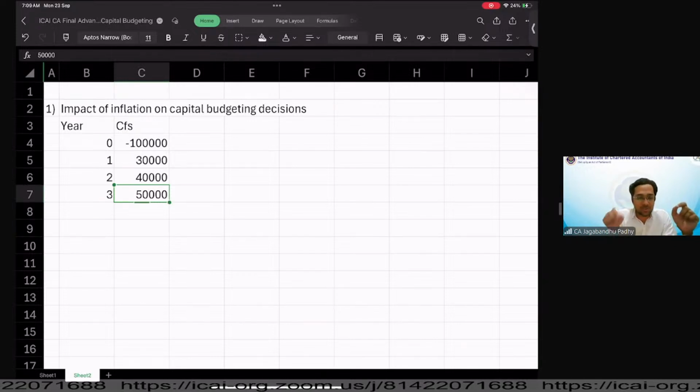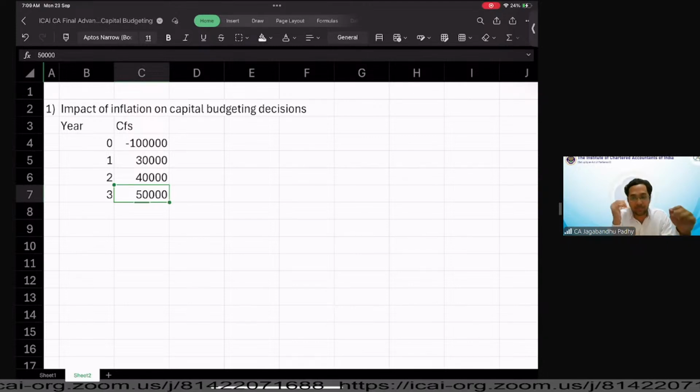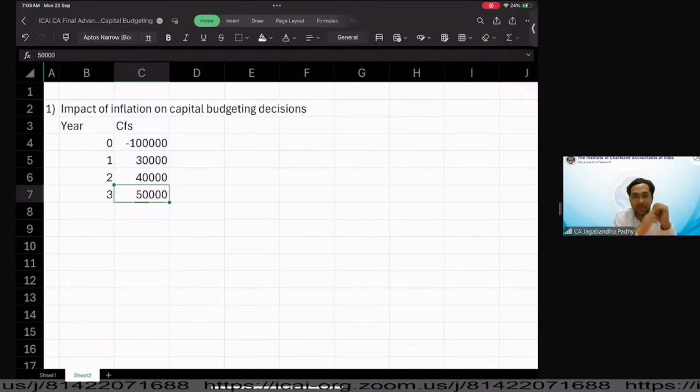That's such question which generally some of the students have in their mind that, sir, okay, whatever you're forecasting these numbers, are these at current prices, or are these the prices that are going to prevail at that time? And generally we have some questions where the number of units are given which are going to be sold, but the price is fixed. Then again the question comes from the students, sir, how can you say that the price will be constant for all the next 5 years? Are we not going to look at the impact of inflation?